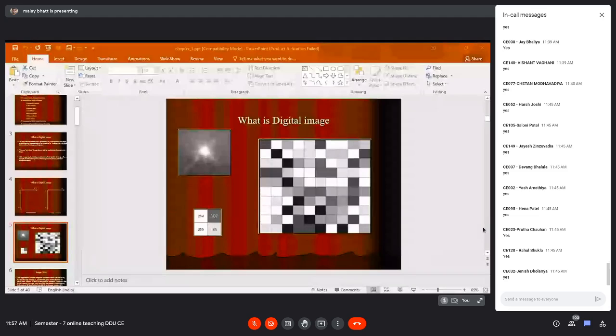When you click on any particular coordinate, that is how you can understand it, that for every point you have the corresponding value. Okay, so it is a very small image size.